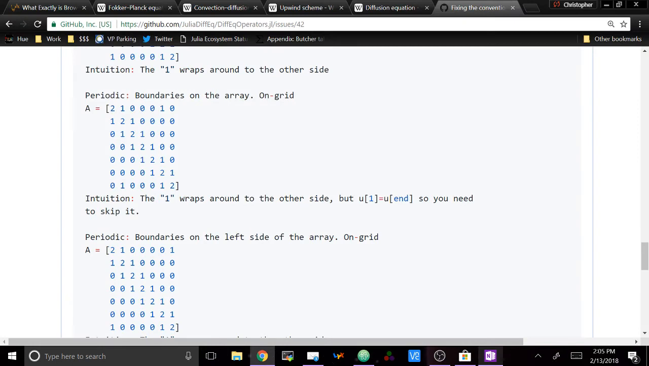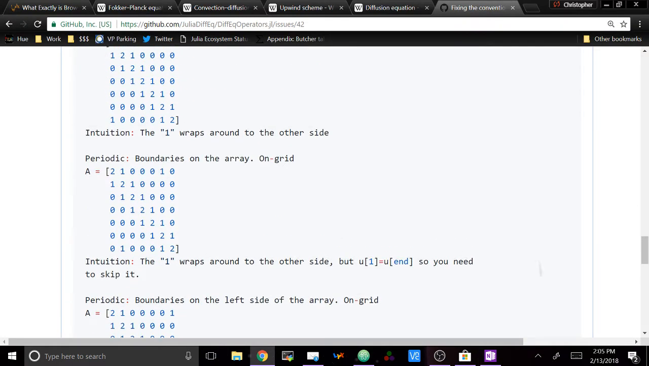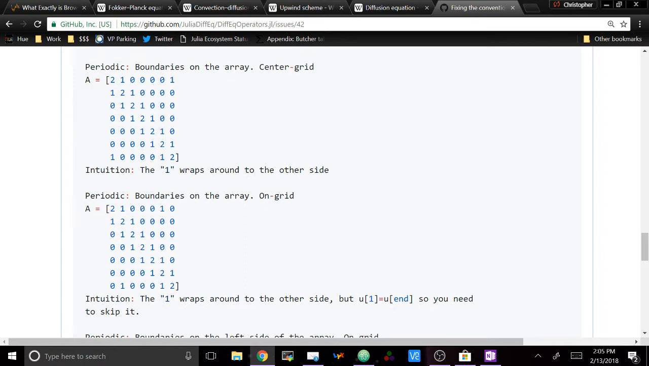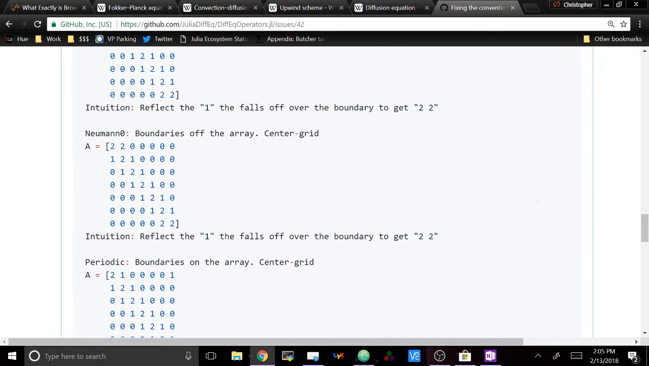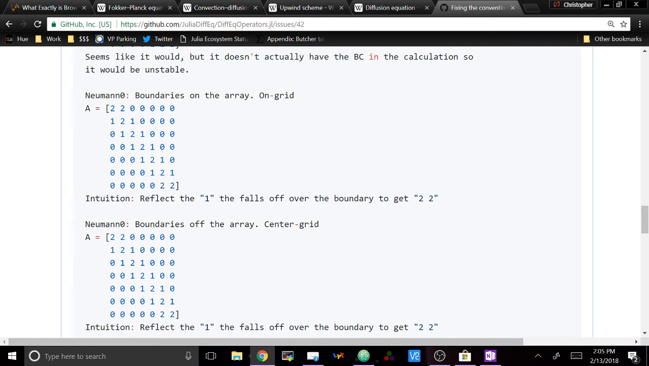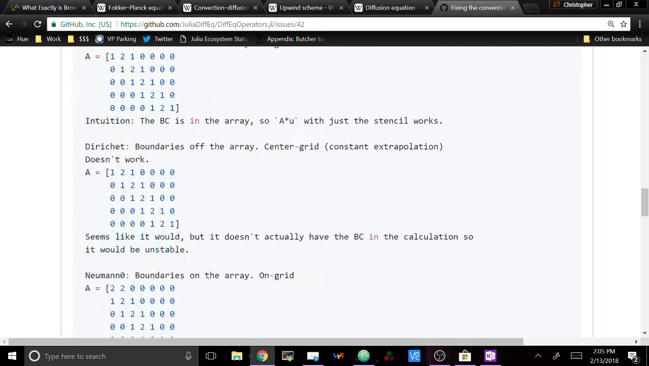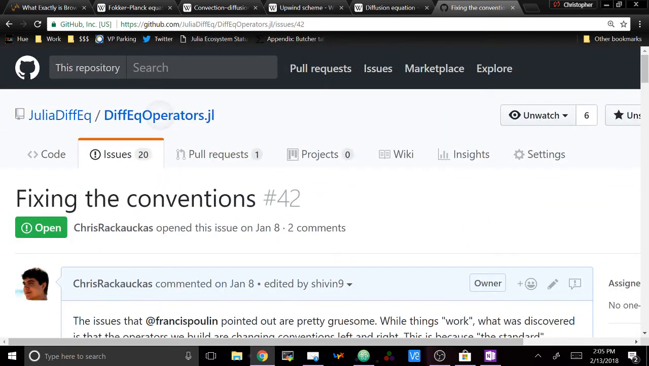The problem is that's not how DiffEqOperators is currently implemented. Instead, it mixes the different conventions given different boundary conditions. So right now, as I described before, you have the boundaries off the array if it's Dirichlet, you have the boundaries on the array for Neumann, and you're actually using the centered discretization if you're using periodic. So yikes, that's crazy. But the way to fix this